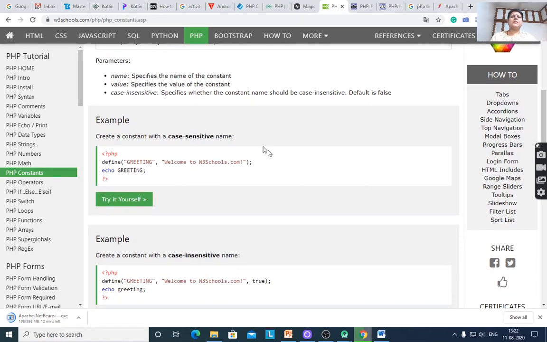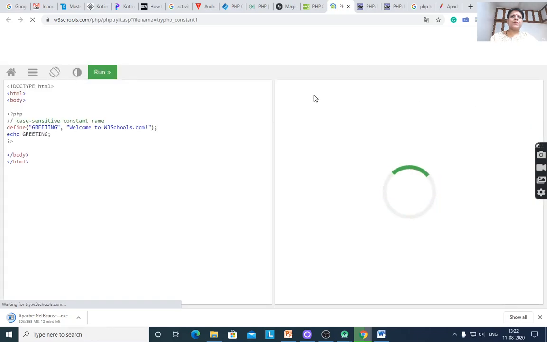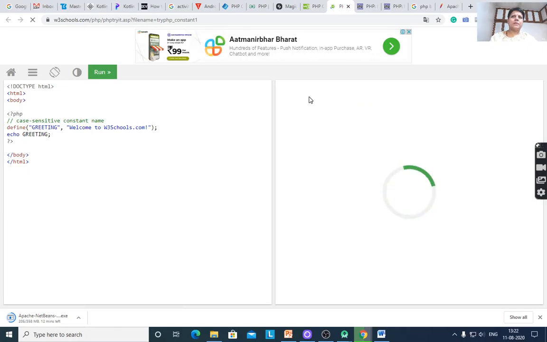How to create a constant? In PHP, define greeting is the name of the constant and the value is, suppose, Welcome to w3schools.com. The third parameter is false by default for case-insensitivity. Echo greeting. After execution of this program, it will show the value of greeting, Welcome to w3schools.com.